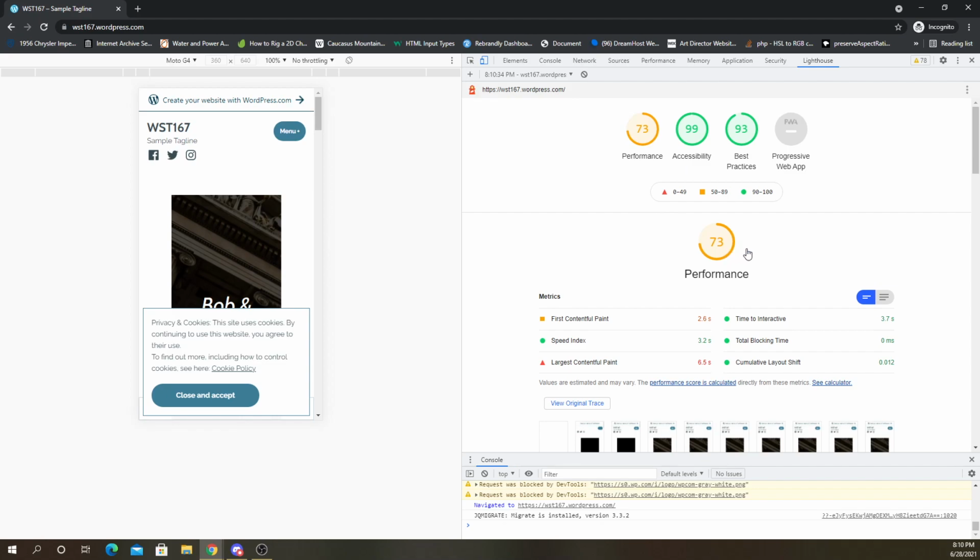So I would say that's probably the main downside of using WordPress, because it uses PHP and is really old and has all this junk that it comes with, just because you're going to have the features like the plugins and all that. There's a lot of junk that comes with it, so the performance might not be the best. And so that's what we get for performance if we run this simple site here.